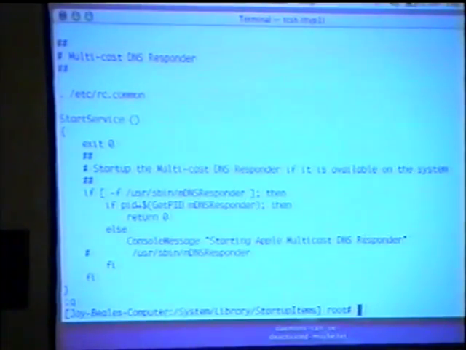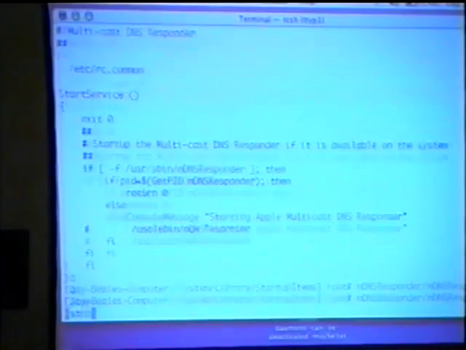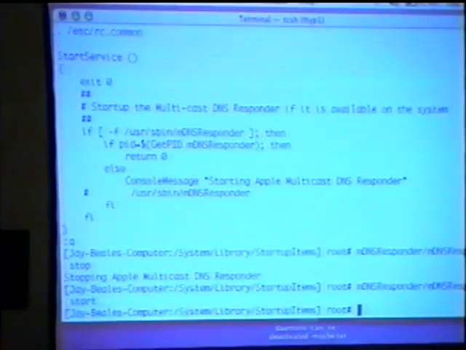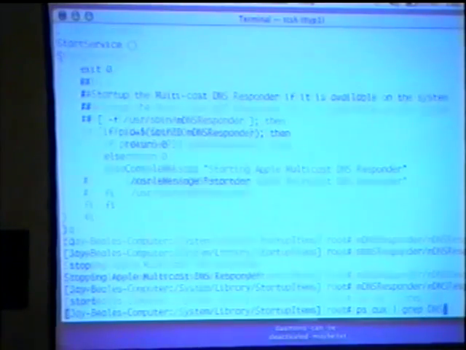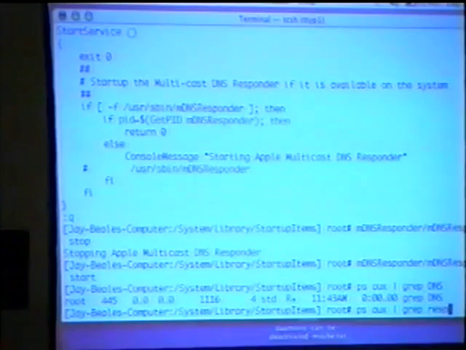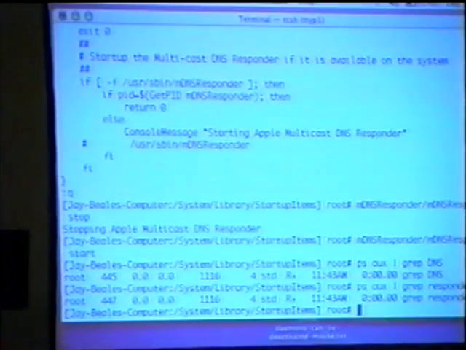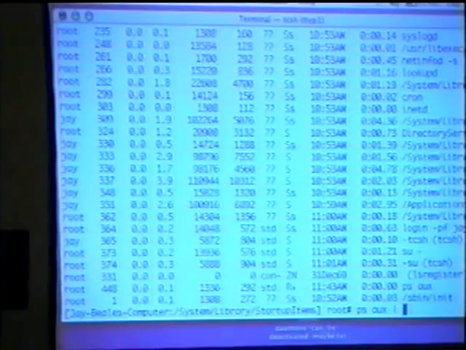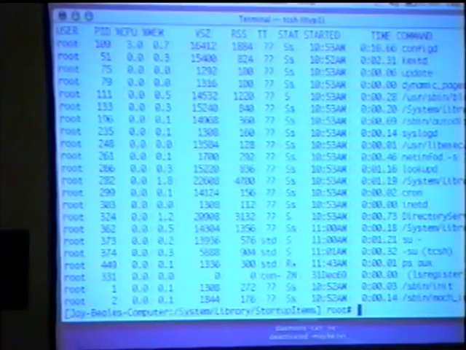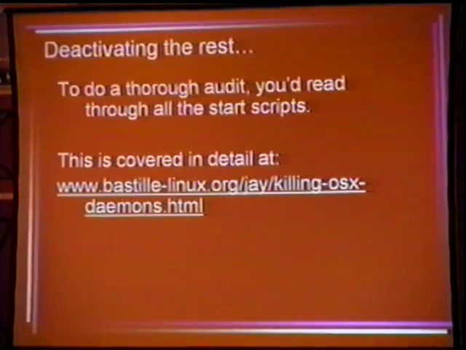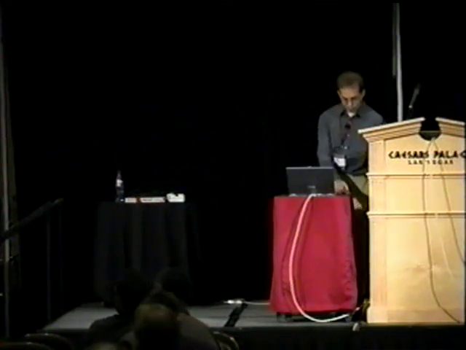Rendezvous's gone now. We'll have to stop the script, and if we want to be safe, we should restart it too. So mDNS responder, stop, and if I run start, I better not find it here. Okay, I don't find it in my process list anymore. Here, I'll give you the process list with J grepped out. All fits on a page right now. It's kind of getting smaller. So mDNS responder I wanted gone. I'm putting up a website that goes through all the rest of these that you might possibly want to turn off.